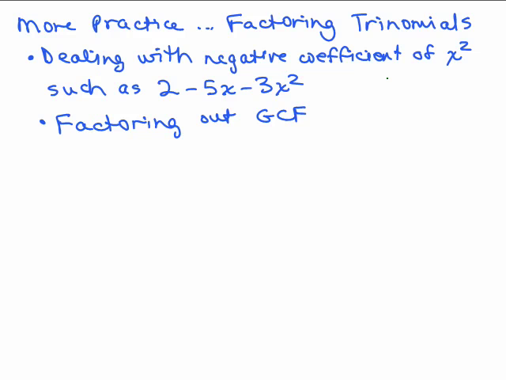How would you deal with a negative coefficient of x squared, such as 2 minus 5x minus 3x squared? I showed an example of this in the last video. Two ways to do it. One is to simply go ahead and use the box method. Just don't worry about it. So we've got,